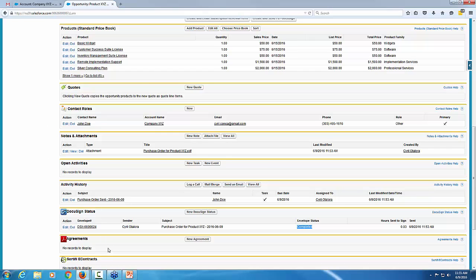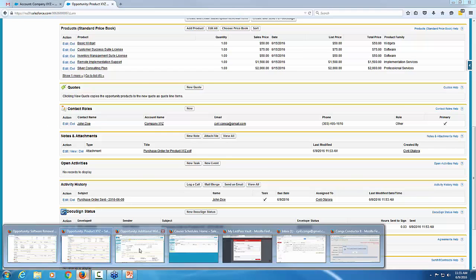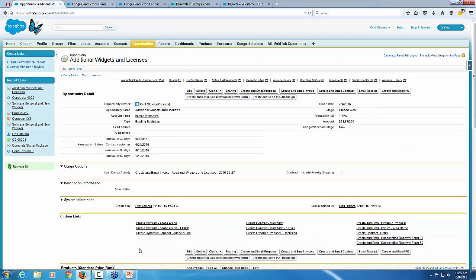So now we're going to switch to the third solution, which is the completely hands-off renewals. And for this solution, we're going to use Conga Conductor. Conga Conductor can launch on demand or schedule Conga Composer solutions in batches so that you don't have to do it manually. But first of all, before we start this, I'd like to have you think about how you manage